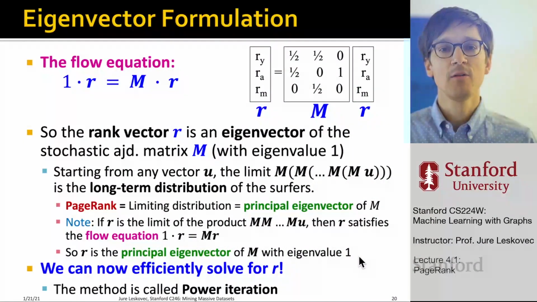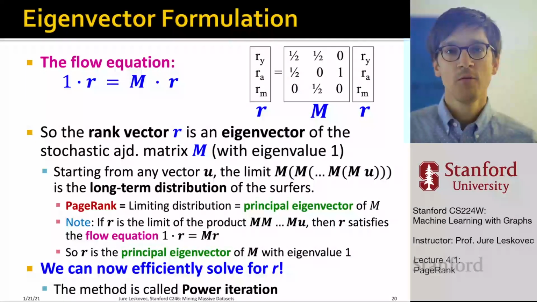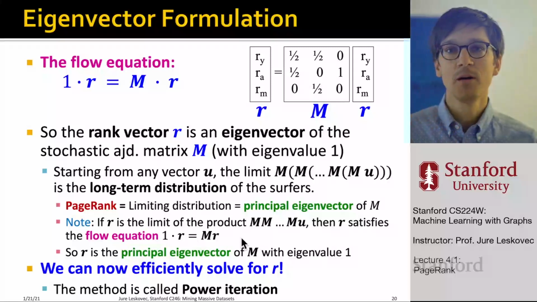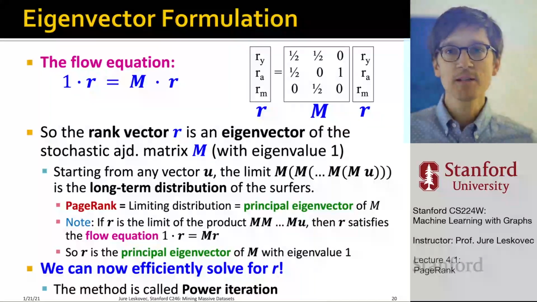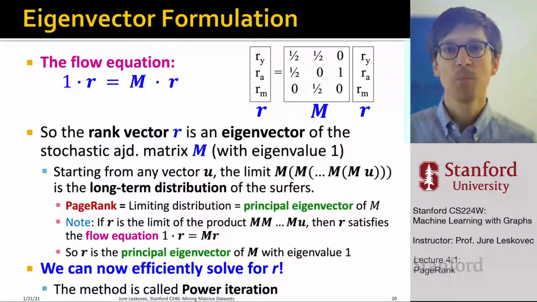So now we brought three different things together. We brought together the random walk equation, we brought together this flow-based equation that I wrote here, and we brought together this concept of eigenvectors and eigenvalues from linear algebra. And it's super fascinating that these very different intuitions all converge in the same spot, and they are just different interpretations of the same underlying mathematics.